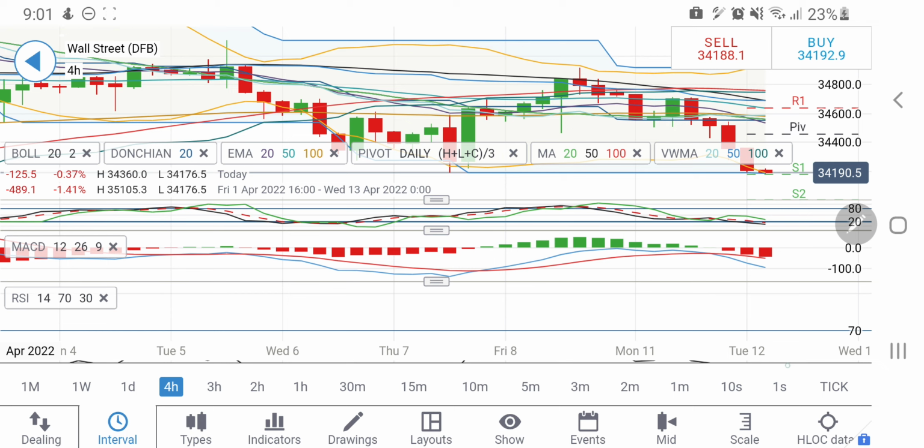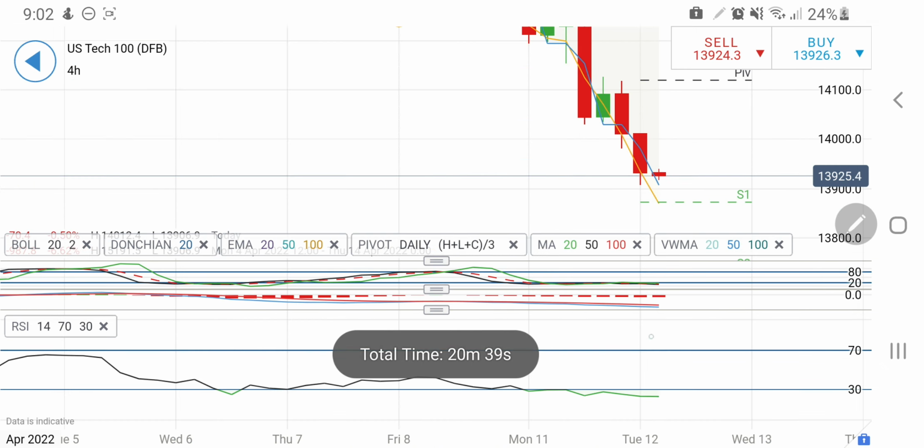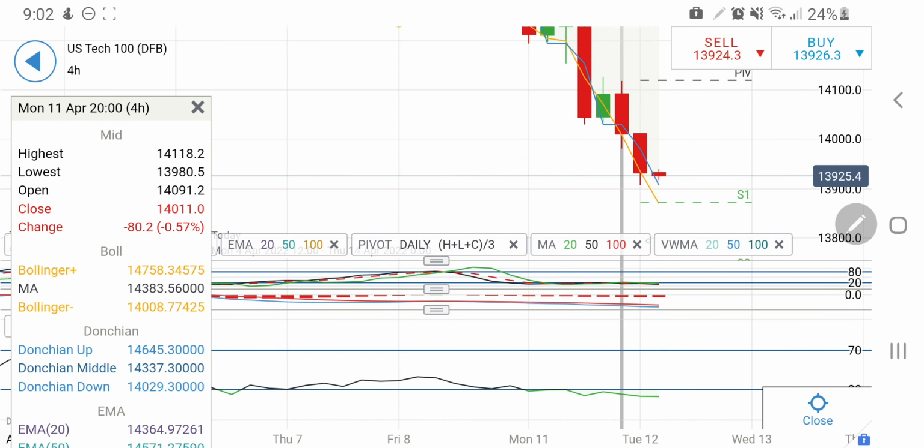Now let's have a look at US 100. See, US 100 on the 4-hour charts, you can find that it is still trading in this bearish zone, and the support is now at around 13,850 levels. So this level at 13,850 is going to be, I'll be watchful of. At the same time, 14,000 or rather 13,980 is the level I'll be watchful of. In between these 130 points, I'll be cautious about taking a position.